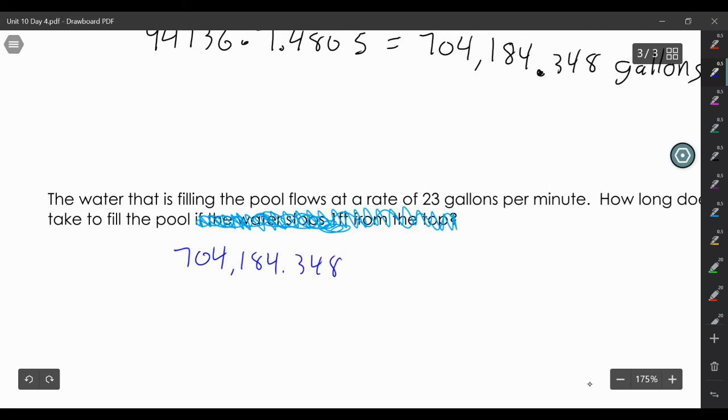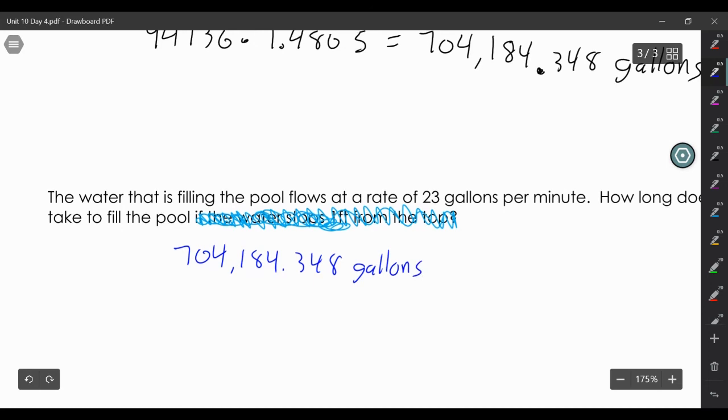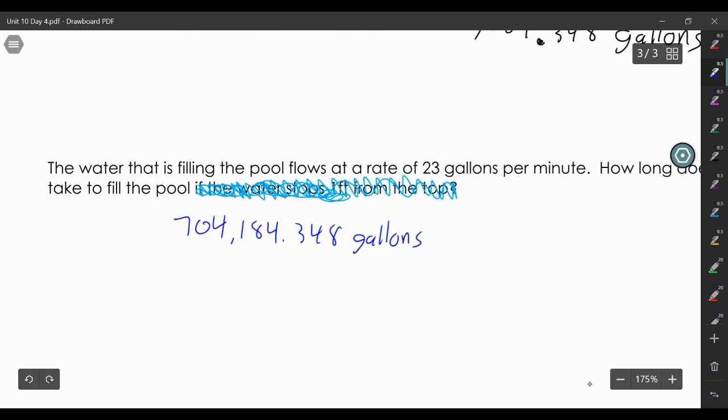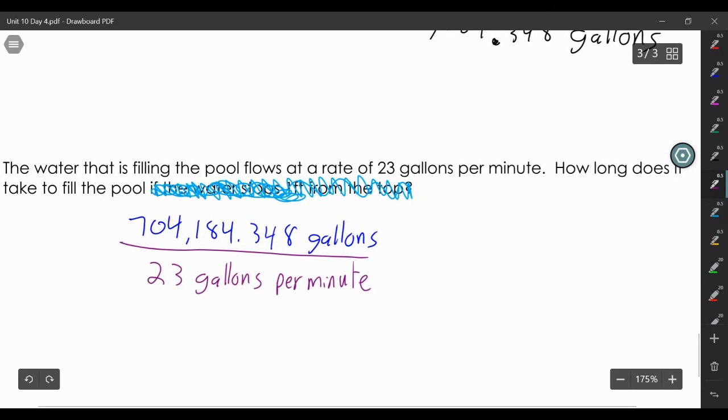Okay, so we have that many gallons, and we need to divide it by how many gallons we can fill in 1 minute. So divided by 23 gallons per minute. And when we divide that, we get